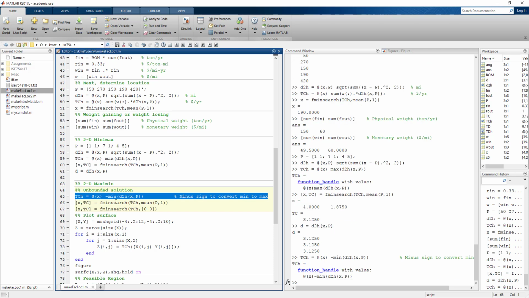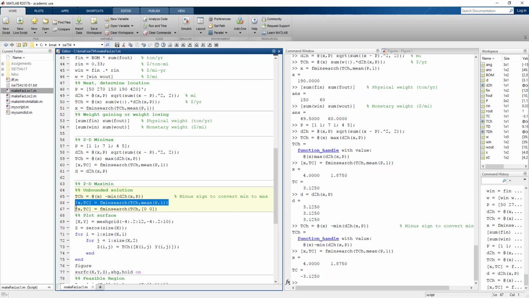So now I have a function handle that takes the minus of the minimum of all of the distances. If I use a mean starting point for fminsearch and run it, I end up with this solution. Again, it looks like that might be a good solution. But instead of taking the mean value, unlike the mini-sum problem and the Minimax problem, where it doesn't really matter where I start, here, if I pick a different starting point, in this case the 0, 0 point,